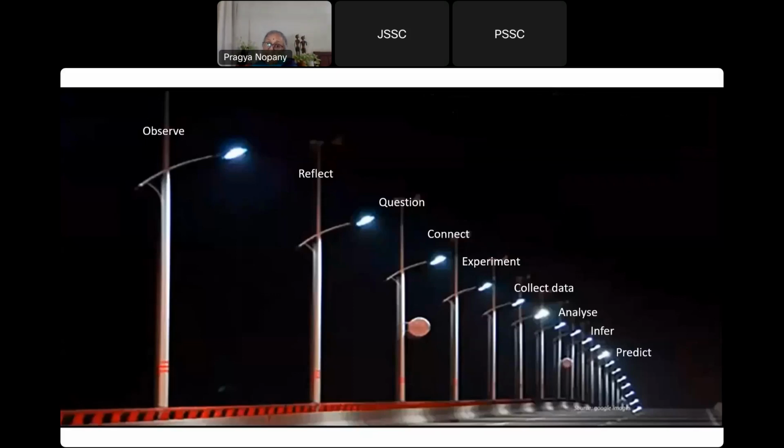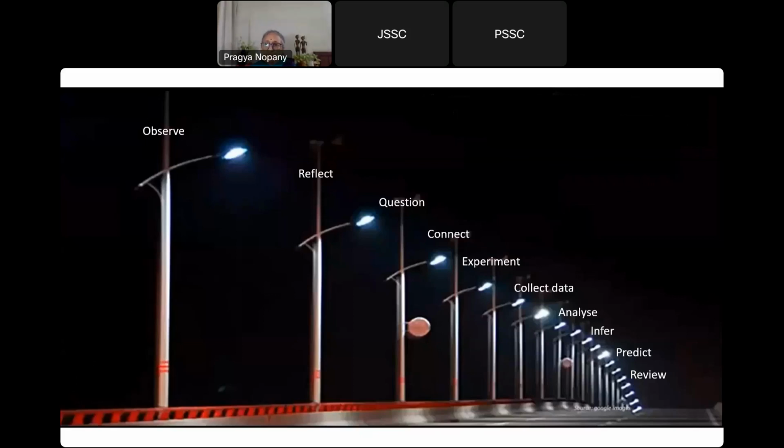But then can they use it to predict how far an object will go after, let's say, 10 seconds? So this ability to use scientific principles or the results of experiments to predict something in future is also another competence. And then to be able to review the results and understand that they may need to redo the experiment, because something may not be gelling, something may not be congruent, something may not be logical. So then they need to revise, review, re-experiment, re-explore, and then come back to the conclusion.